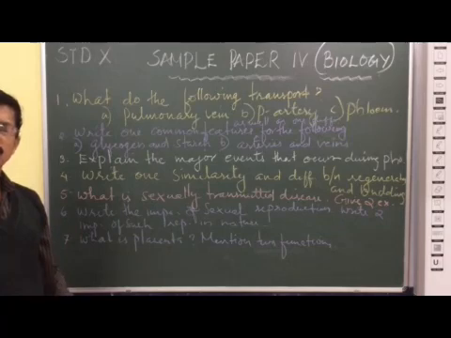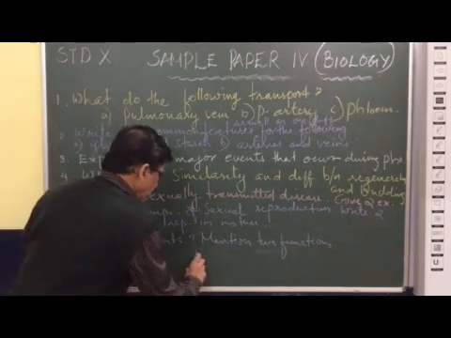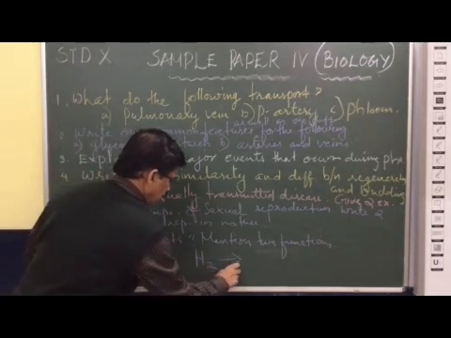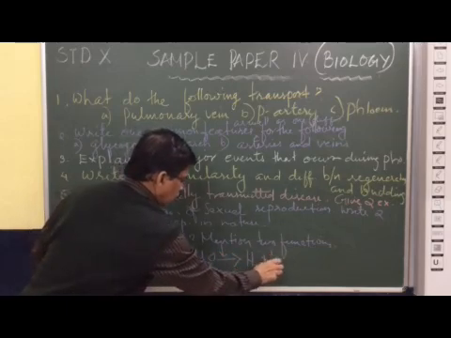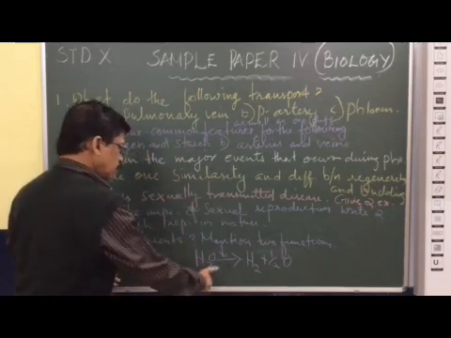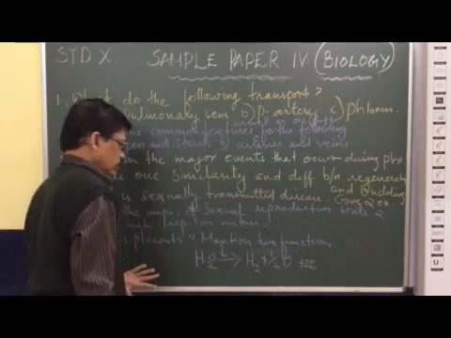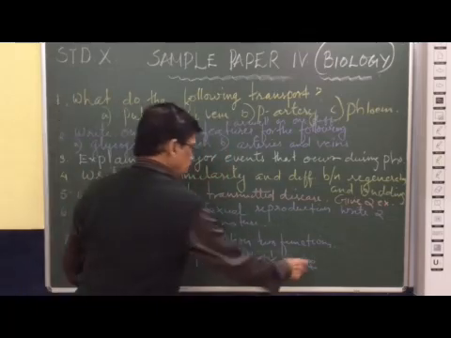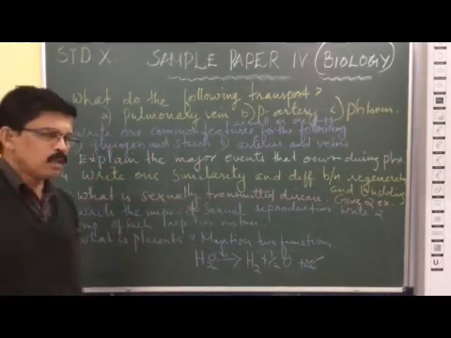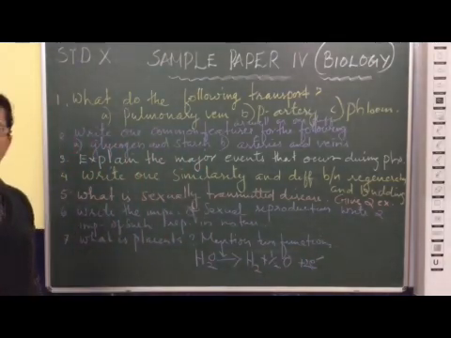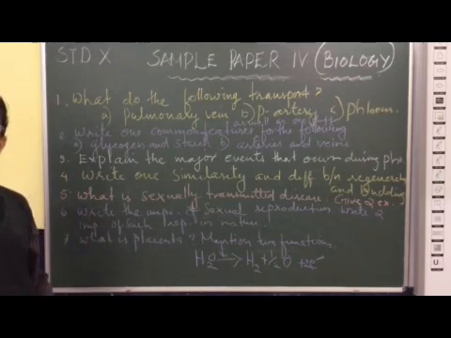And also in the presence of light, water is split into hydrogen and oxygen. Along with this, electrons are also formed. Hydrogen, oxygen and electrons are formed. This process is called photolysis of water. In the third step, carbon dioxide is reduced to carbohydrate. So, three steps, you got it.